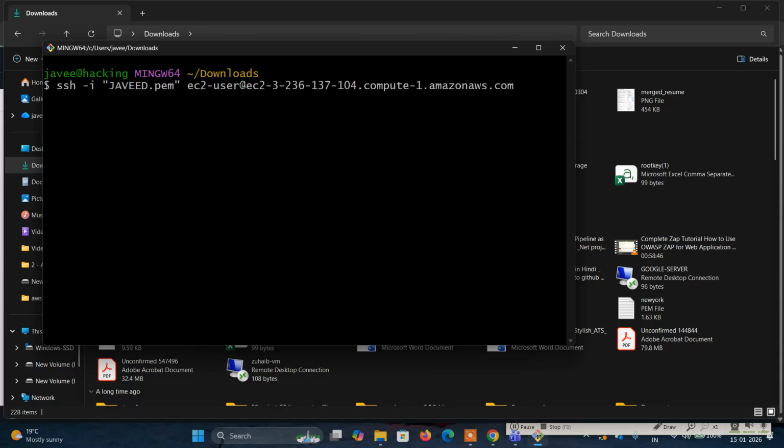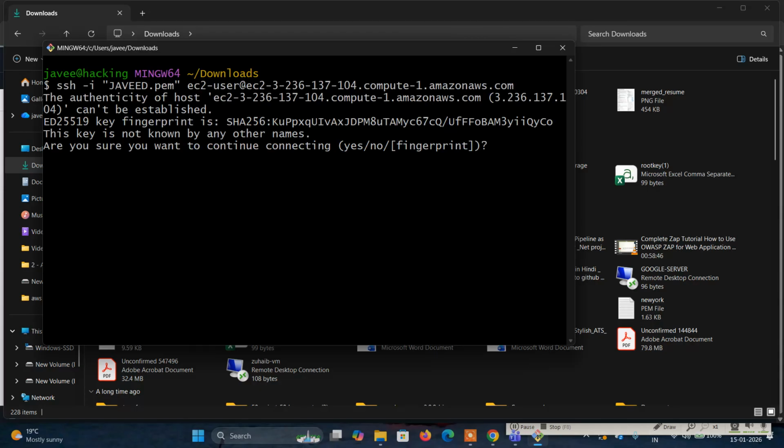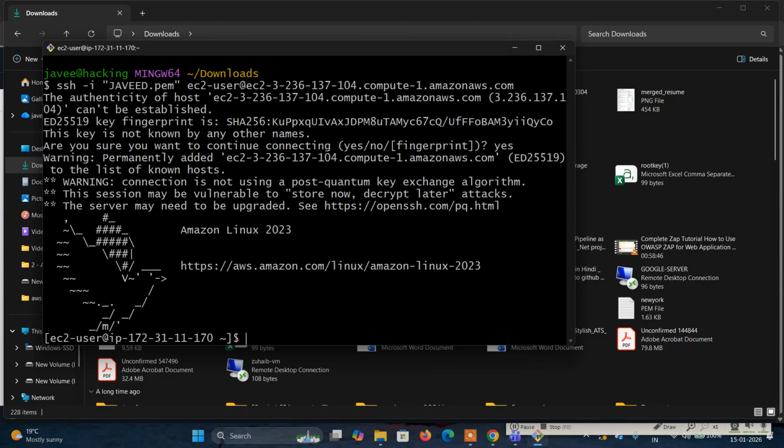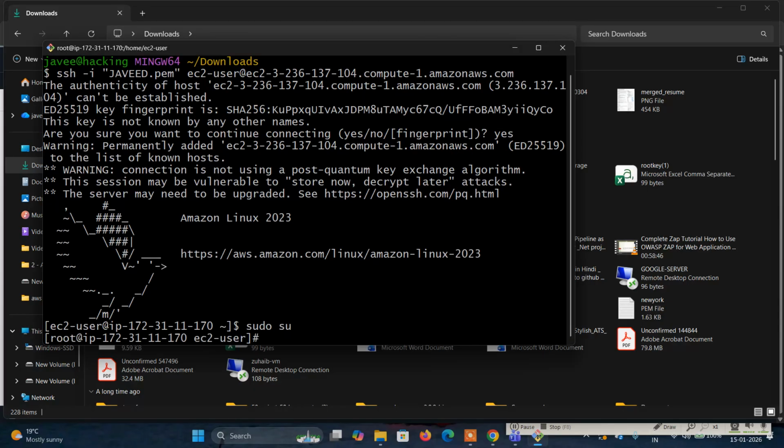Another thing is, if you delete EC2 instances, it will create more automatically, unless you delete the auto scaling group. If you don't delete the auto scaling group, you won't be able to delete the EC2 instances, because the auto scaling group is already enabled. Whenever I delete an EC2 instance, it takes more time to create it again. Okay. So here, click on the login, sudo su.